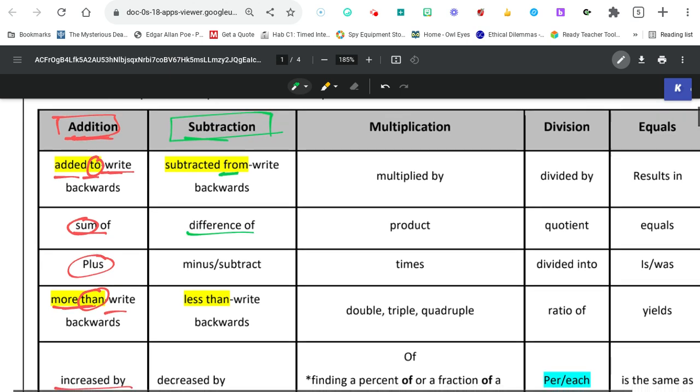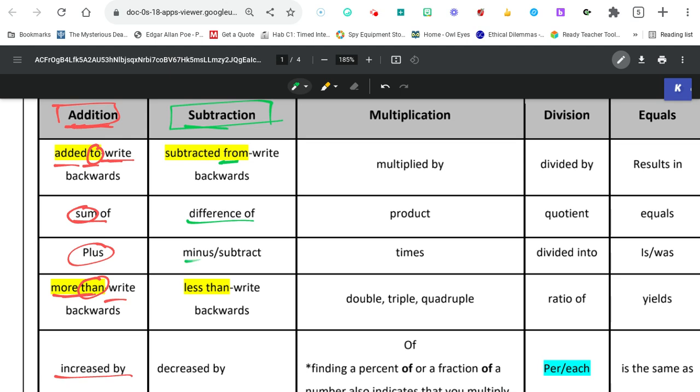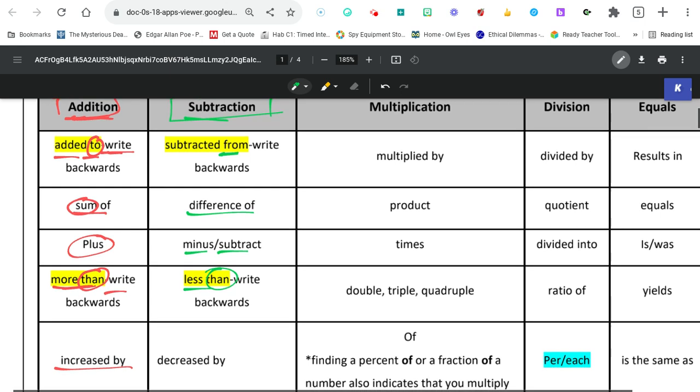Difference of, I find the difference of two things I'm subtracting. Of course, if you see minus or subtract, those are giveaways. Less than, you please make sure you write it backwards, okay? Please, please, please. It's got than in it. Write it backwards. If I ask you what